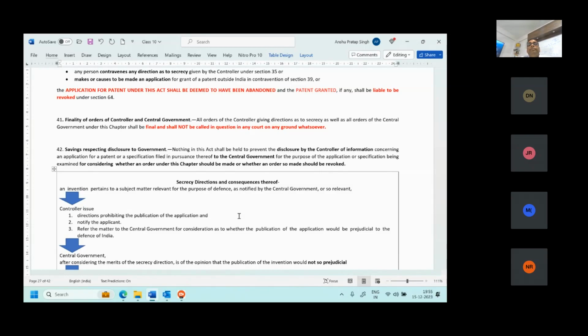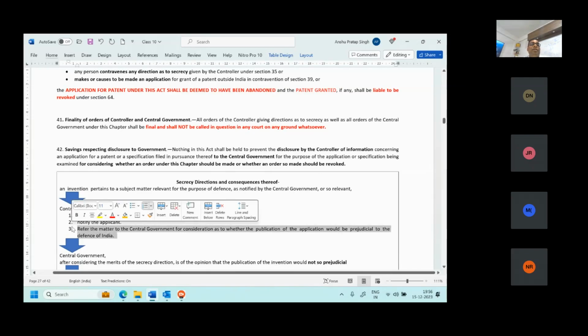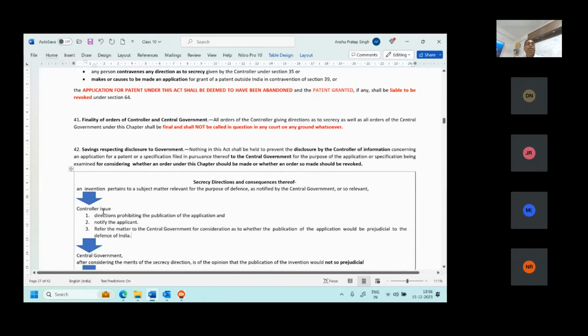If yes, then the controller will issue a direction prohibiting the publication of the application and notify the applicant that it is being considered for secrecy direction. He can refer the matter to the central government for consideration as to whether publication of the application would be prejudicial to the defense of India. So if it is clear, he can directly issue the direction prohibiting the publication, or he can refer it to the central government and wait for their direction if there is confusion.